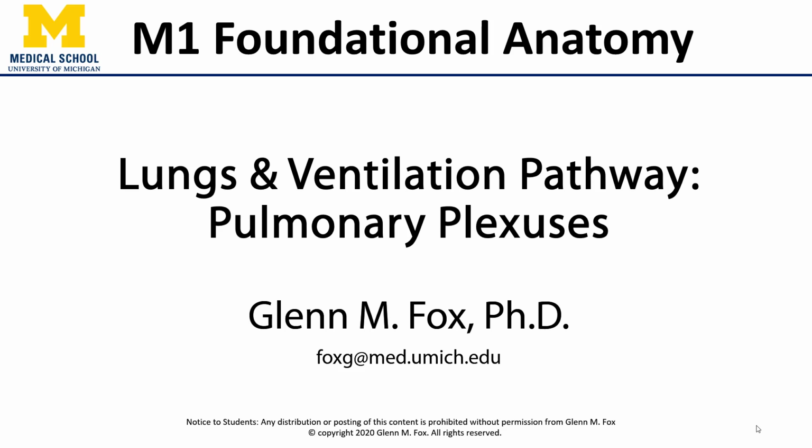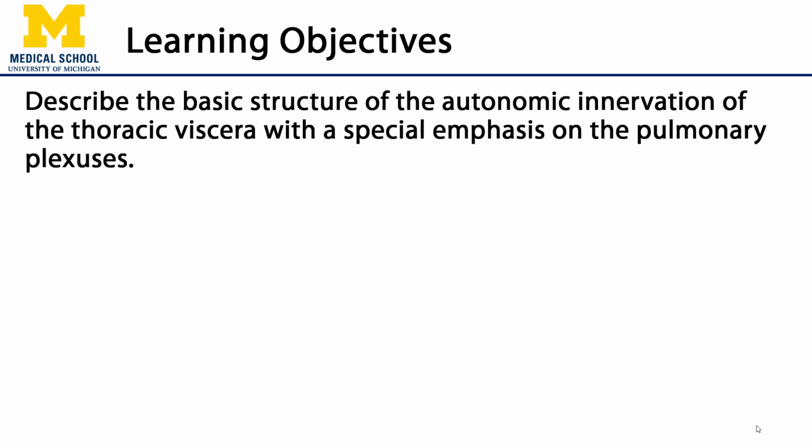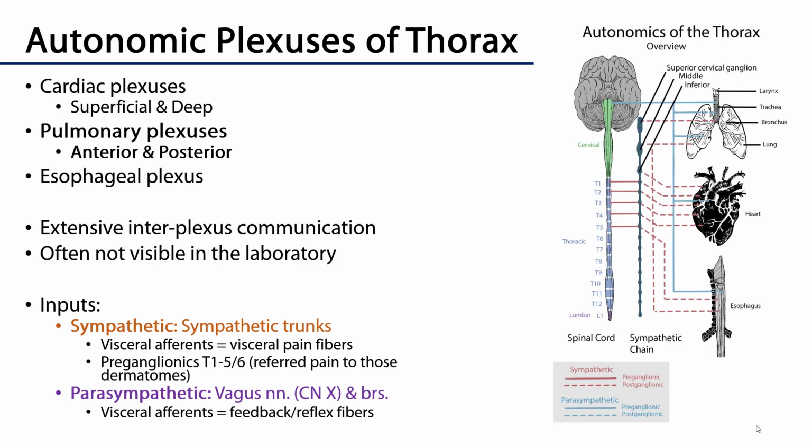Hi, let's talk about the pulmonary plexuses. In this video, we'll discuss the basic structure of the autonomic innervation of thoracic viscera with a special emphasis on the pulmonary plexuses. So there are three major visceral targets of autonomics, each with their own devoted set of plexuses